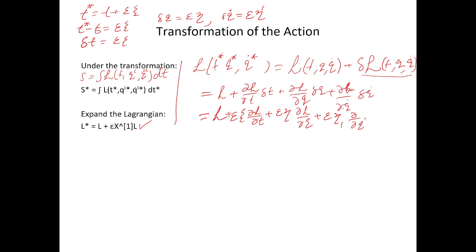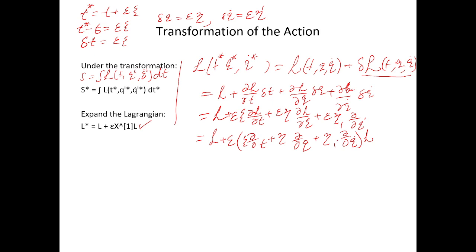So taking epsilon common, we get the given result. What we get is xi partial by partial T plus eta partial by partial Q plus eta 1 partial by partial Q dot